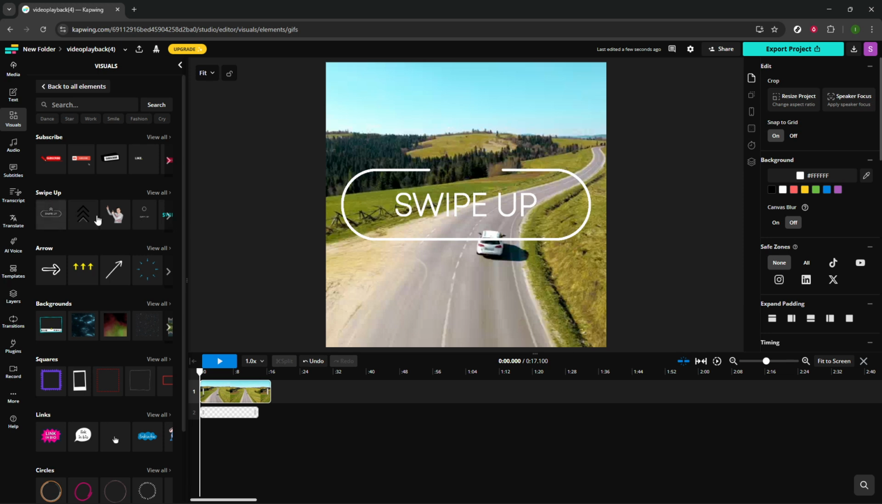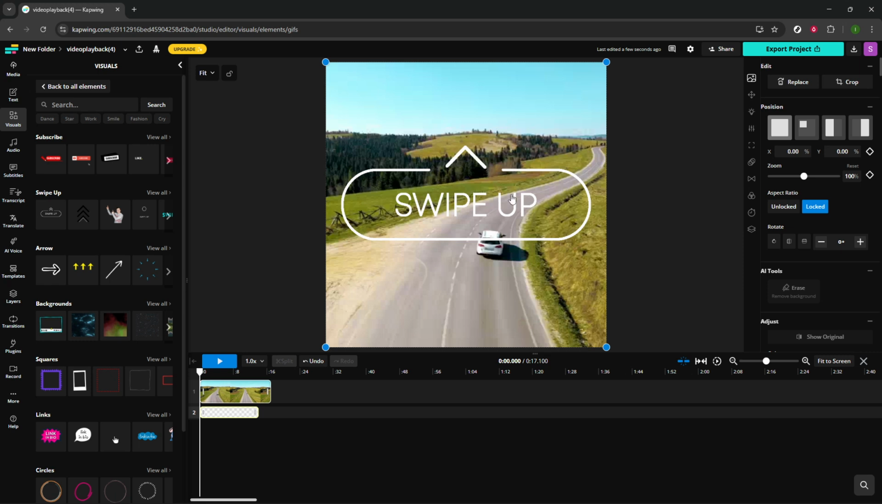Once you've added a GIF, you'll probably need to resize it. To do this, click on the corners of the GIF and drag it to adjust the size until it fits perfectly into your video scene. It's worth noting that smaller adjustments can be made to ensure that the GIF isn't too overwhelming or too small